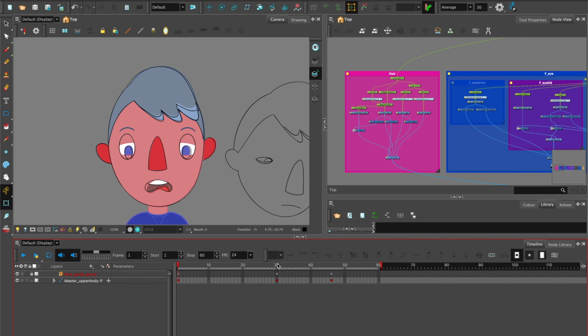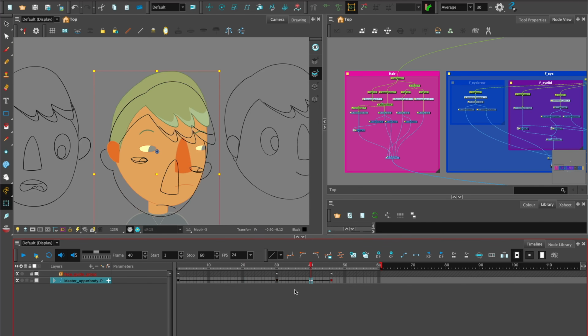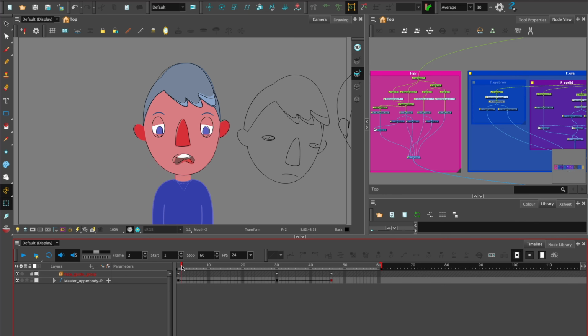Once we're happy with the final key pose, we can test our key poses. Once we've added set motion keyframes, we can see the final result of the head turn with a change of